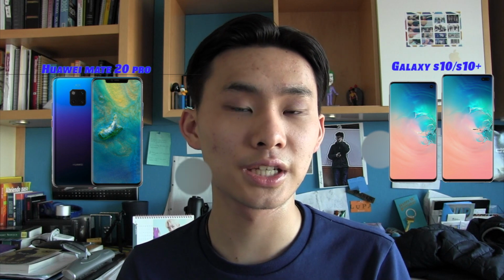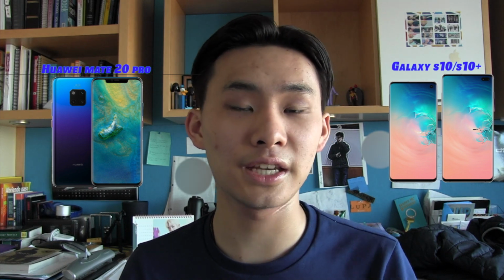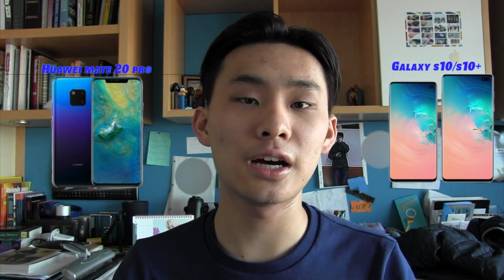Although the optimization, I'm not so sure about Huawei versus Samsung. They're probably not too good in both of them because, again, like I said before, the hardware is not native to the software, and the software is not native to the hardware. So you have a little discrepancy, and there's a lot of optimization that Apple can do, for example, that